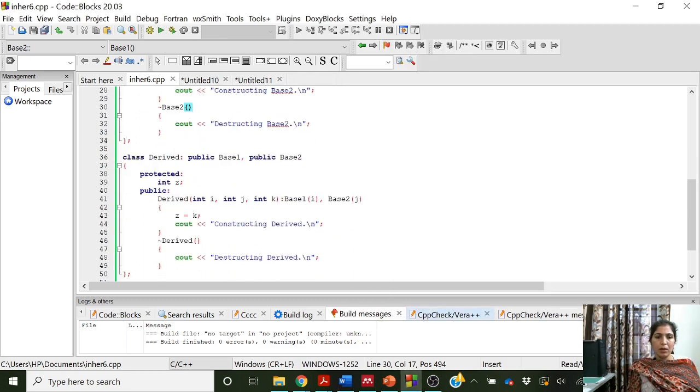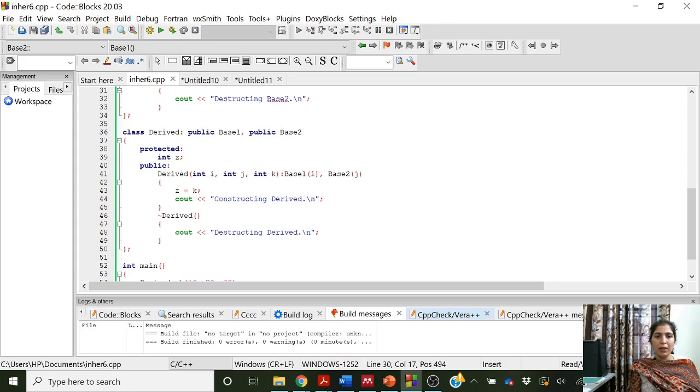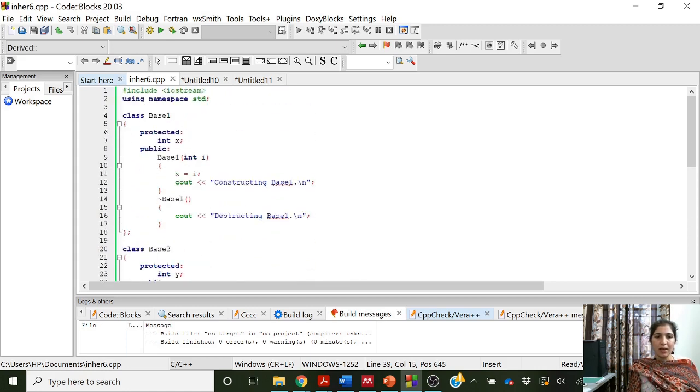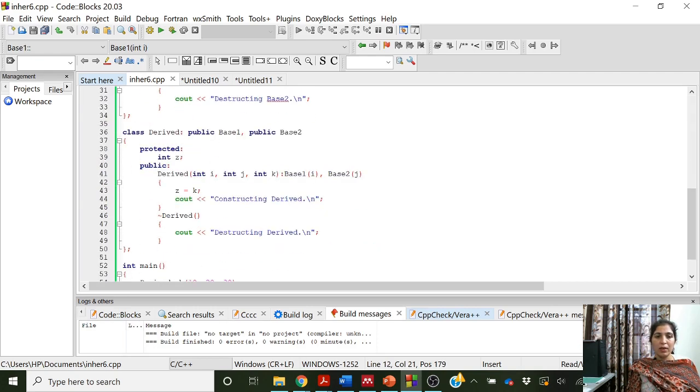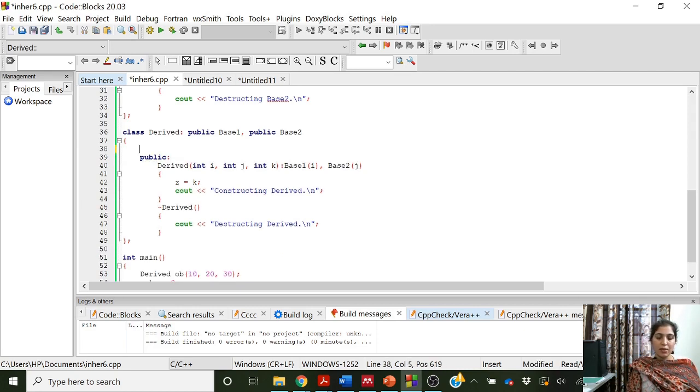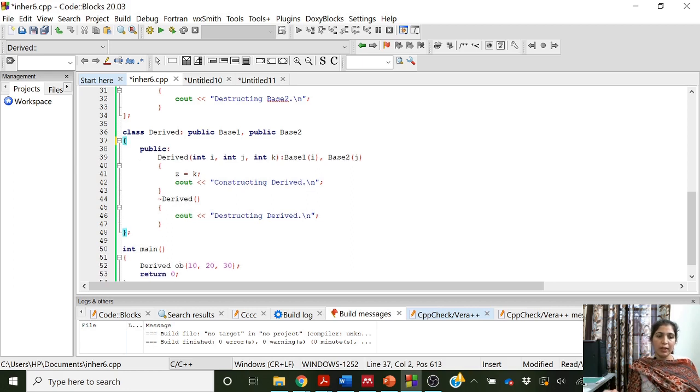Now what will happen if we do not want to create a constructor in the derived class, but the base classes need a constructor to initialize their data members? So what I want to say is that this class suppose has got no data member which it needs to initialize.